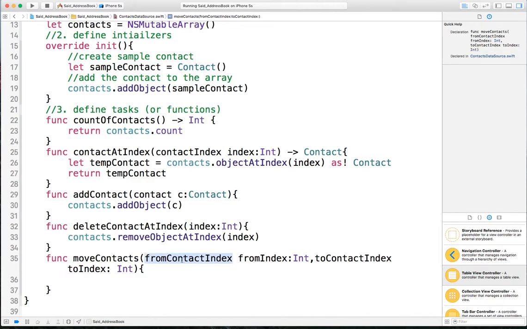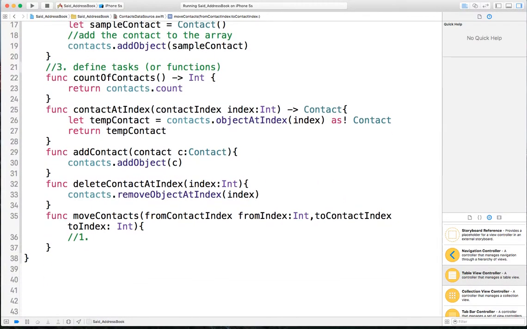This label is what will appear to the user when they try to use that function. So I just wanted to make it understandable. So the first step that we do here is to retrieve the contact that will be